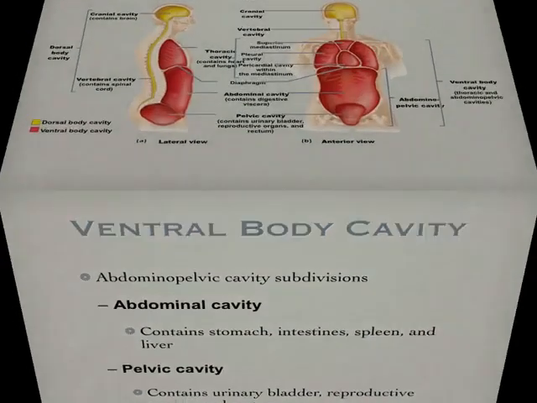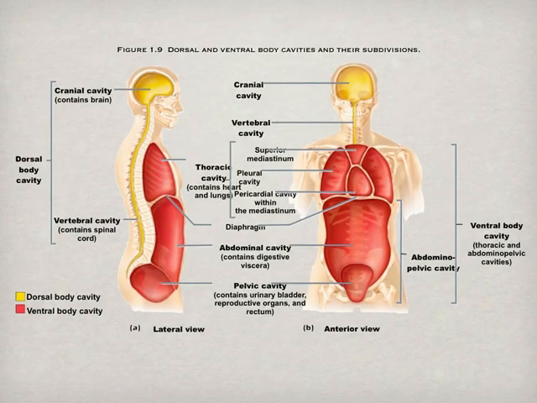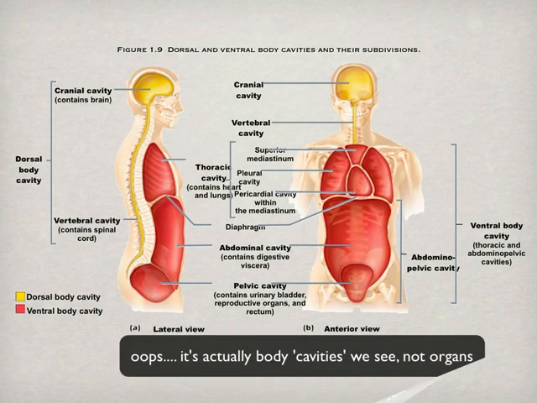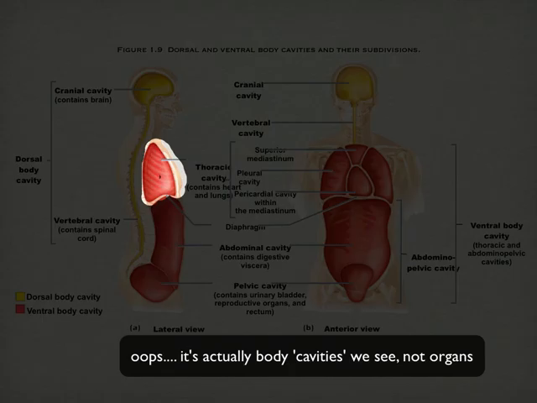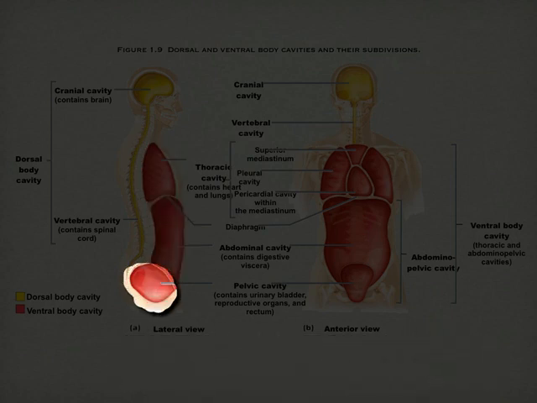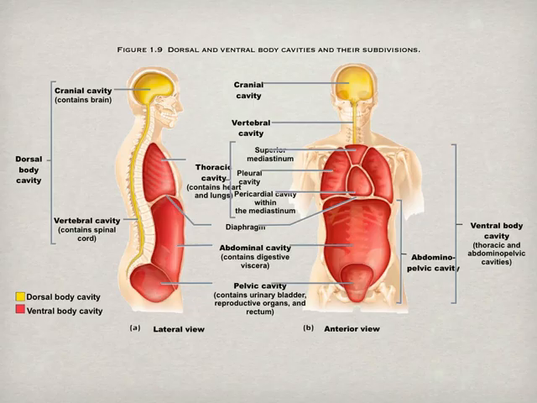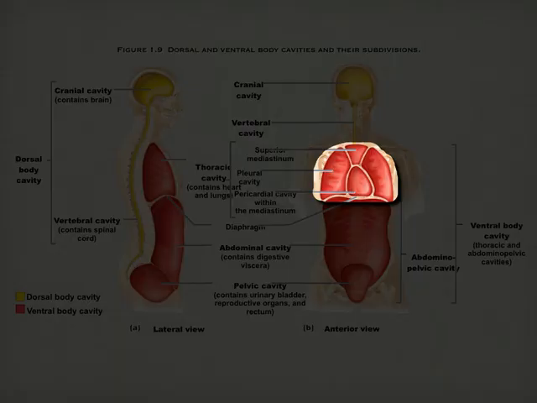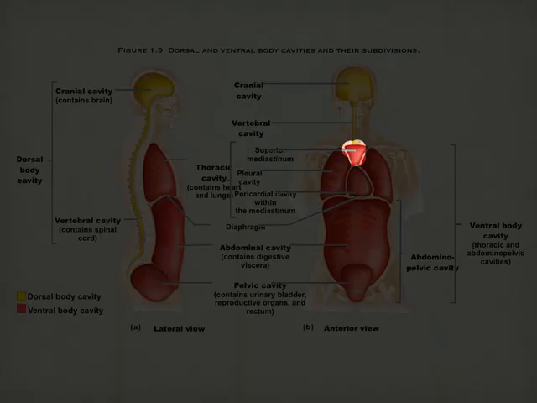On this page, we can again see all the body's organs. In side view, we see the thoracic cavity above the diaphragm, below the diaphragm the abdominopelvic cavity, and at the very bottom, just the pelvic cavity. On the right-hand side, with a front view, we see the thoracic cavity again above the chest. We have a pleural cavity for the left and the right lung. We have a superior mediastinum where you would find your thymus and part of your esophagus, as well as your